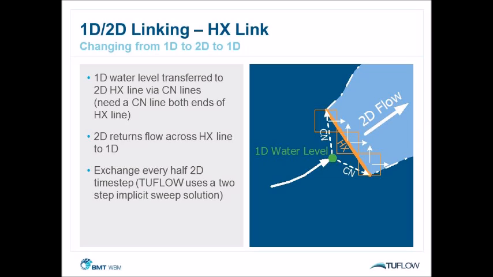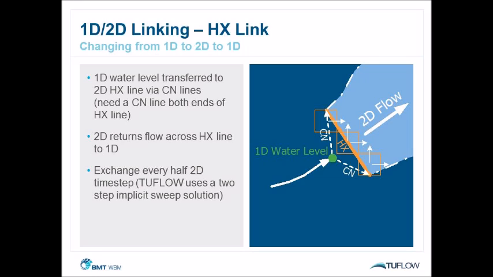Along, a reasonably good estimate of what the water level contour would be. So it's generally typically digitized perpendicular to the flow. If you don't digitize it like that, you'll end up with some weird and wonderful flow patterns at that HX boundary. So effectively, these connection lines are provided, the CN lines, and the way to think about the CN lines